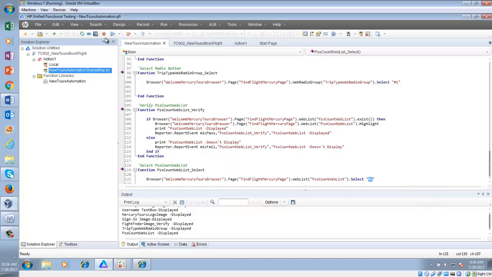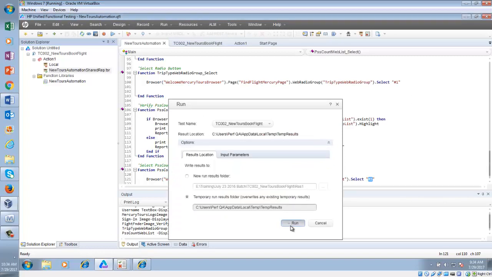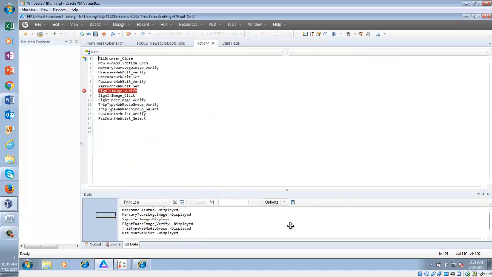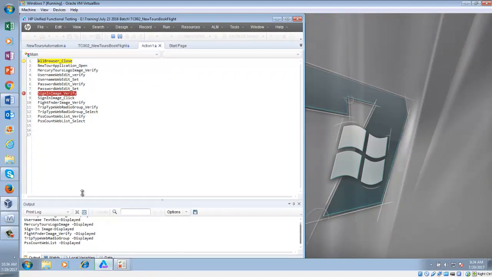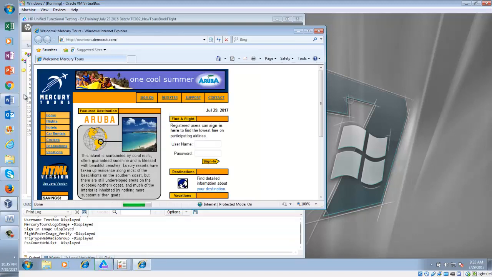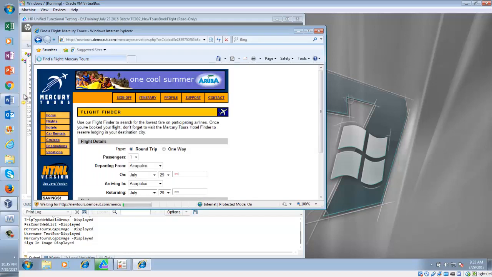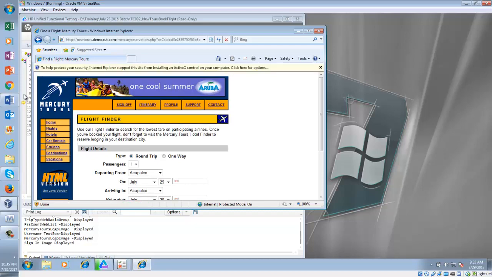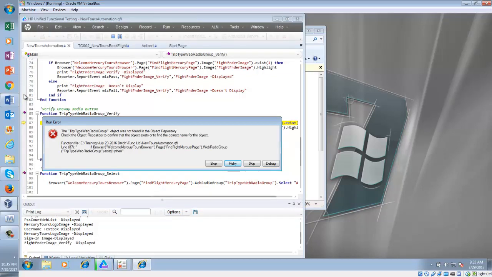If you now execute it, can you see the trip type radio group object was not found in the object repository?